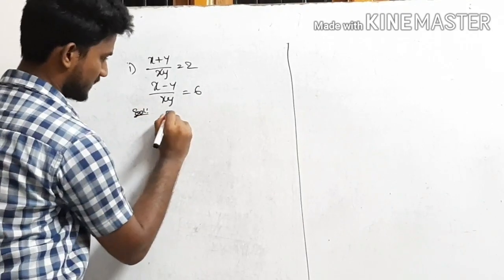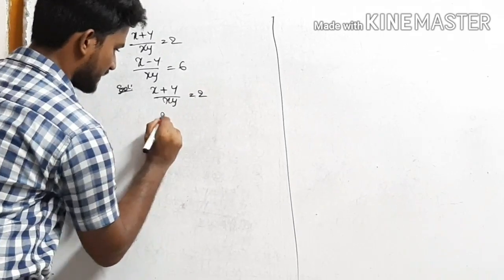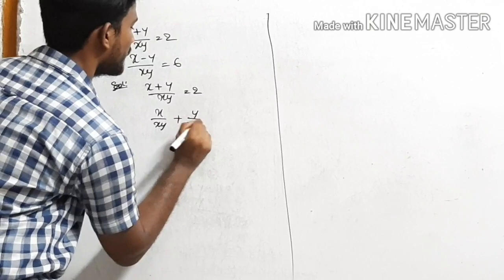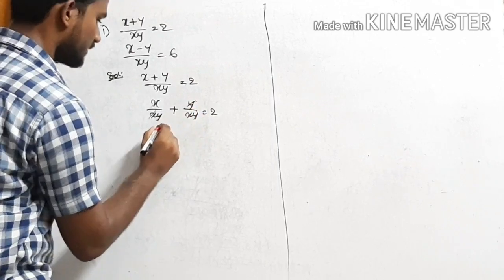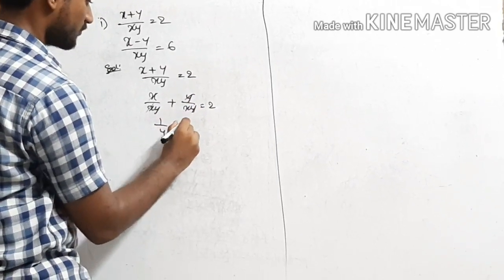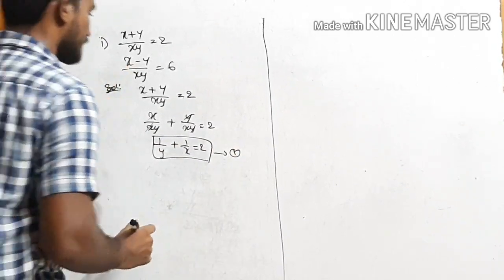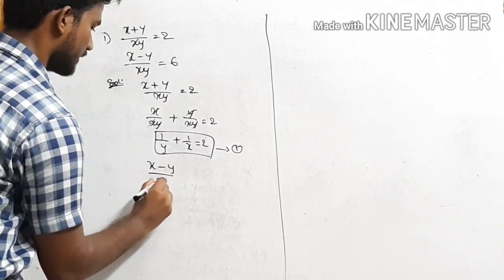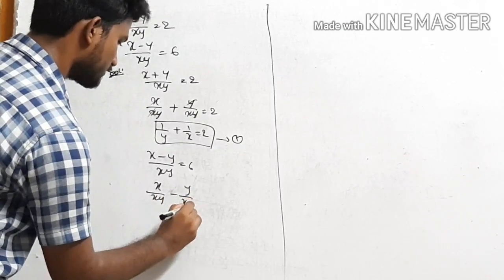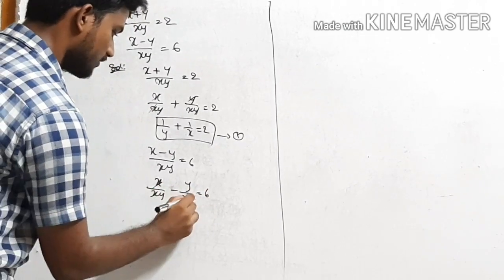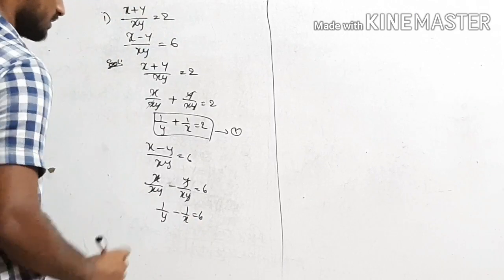Solution: take x plus y by xy equals 2. From this, x by xy plus y by xy equals 2. The x cancels, the y cancels, so 1 by y plus 1 by x equals 2. Take this as the first equation. Next, x minus y by xy equals 6, which is x by xy minus y by xy equals 6. The x cancels, the y cancels, so 1 by y minus 1 by x equals 6. This is the